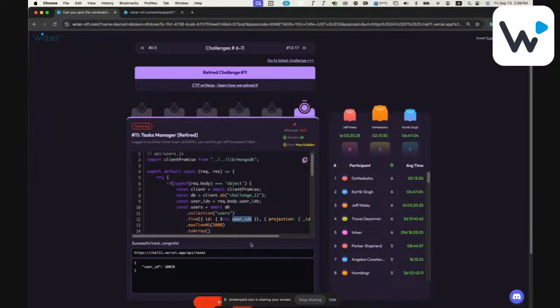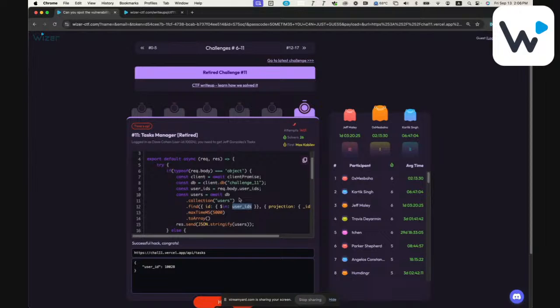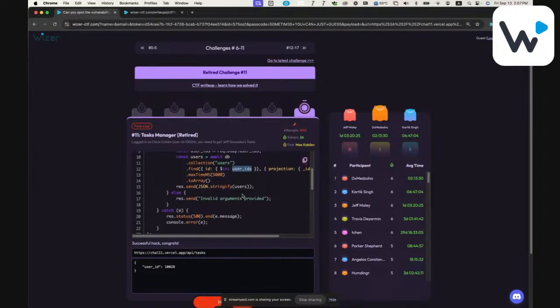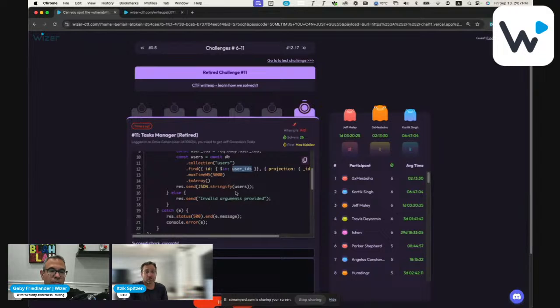Exactly. So what we've seen people do is just like scanners. They say, okay, there's a user ID here that is not sanitized, and they start digging in. Originally, they tried NoSQL injection because it looks like there's no SQL query here, so there's probably a way to trick the system and get another task for someone else. That's not the solution here. The solution is different. It's more logical, and that's why, as you mentioned, Gabby, scanners are less capable of identifying